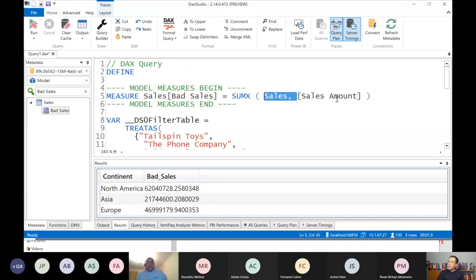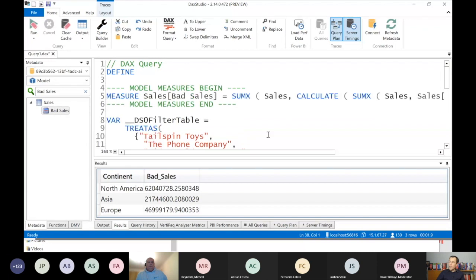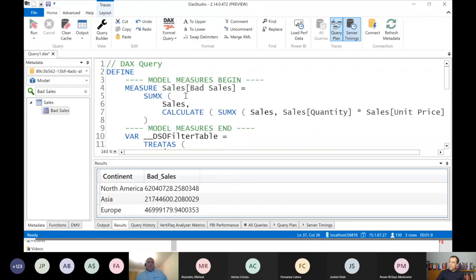I have to either just call sales amount here, or if I wanted to use an iterator over sales, I cannot use another measure because this generates 2 nested iterators that you can easily see if you do this other operation. Define and expand measure. Look at this. By writing a measure within a measure reference within an iterator, what I'm really doing is for